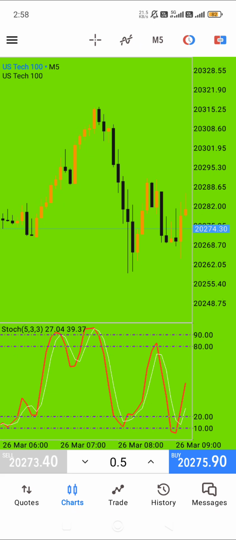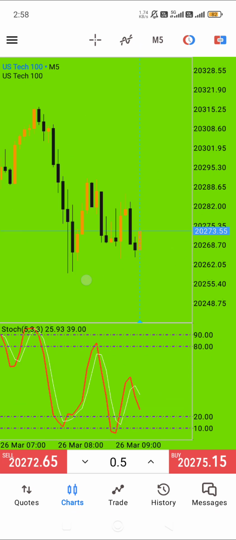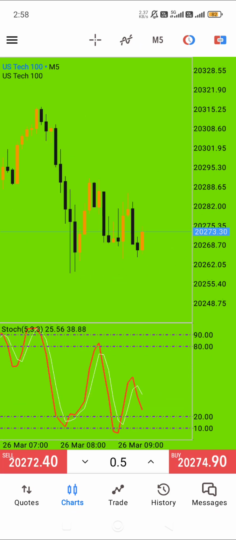You can check all time frames with the same method. The 80 and 90 position is overbought. At that time, when 80 and 90 cross both lines and go below 80, the market will sell. As well, the 10 and 20 level is oversold. When both lines cross and go upside above 20, the market will buy. You can remember this simple method for this situation. You can trade all instruments the same way, but wait for some confirmation, then you can trade.